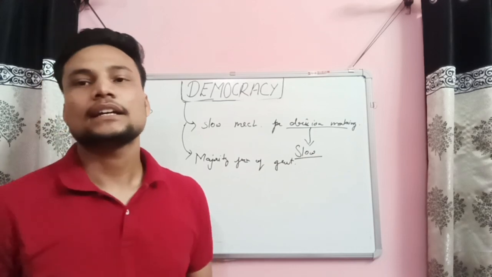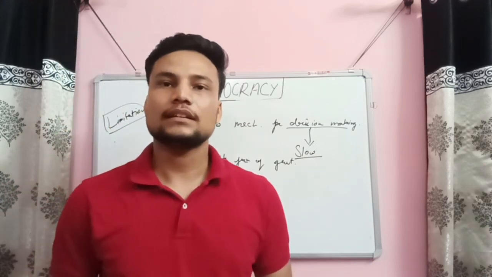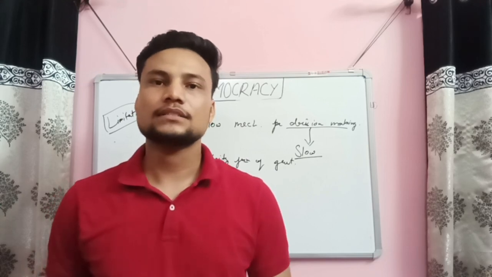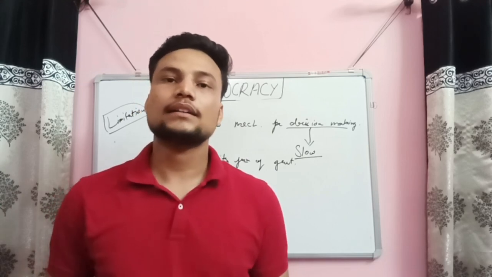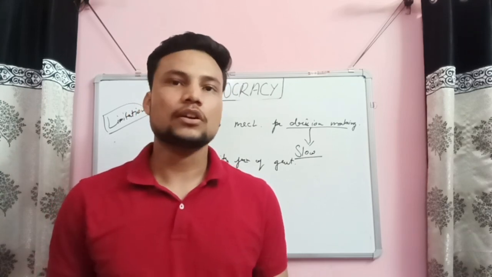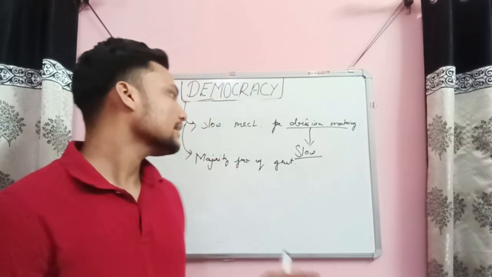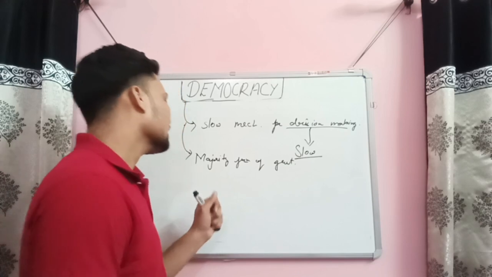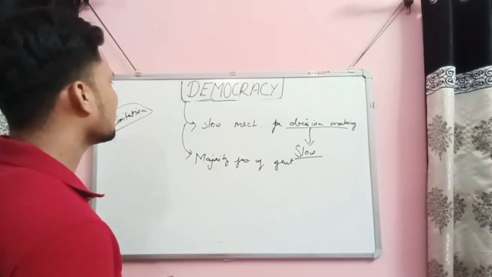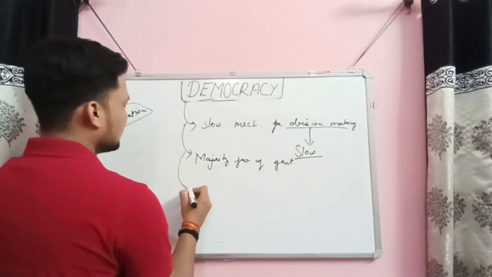So it means that the winner of the election is going to rule the country. But what about the minorities, or what about those who are choosing their representative that is not going to win or not able to win? So here it is very important that the majority are going to rule, okay, but what about the minorities? That is one of the limitations also. And the third and the last